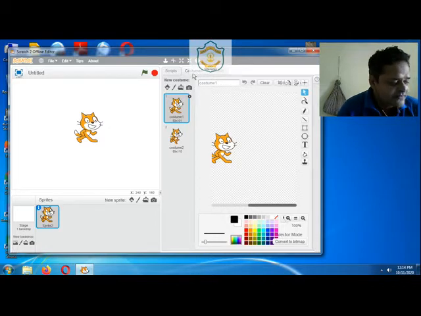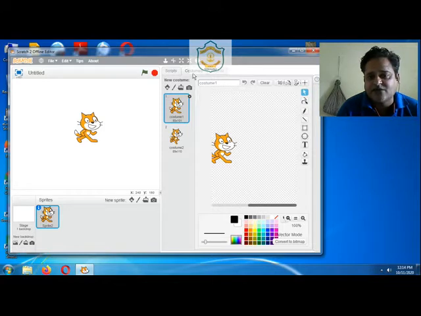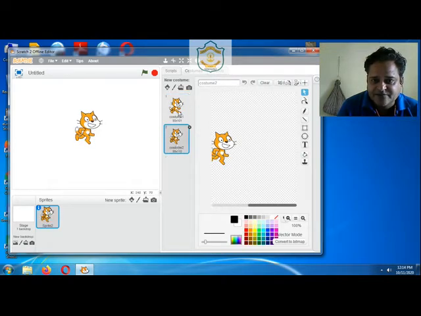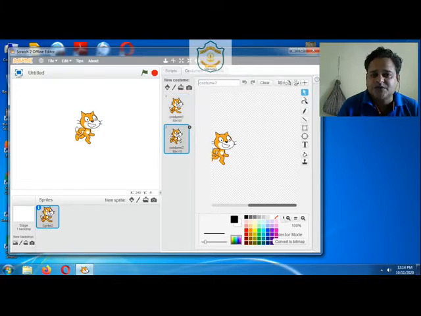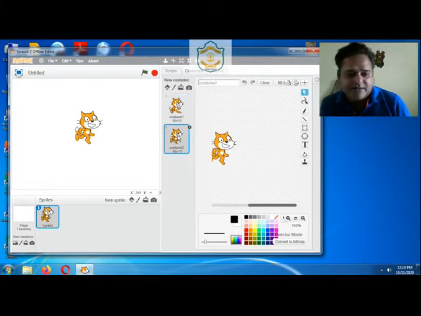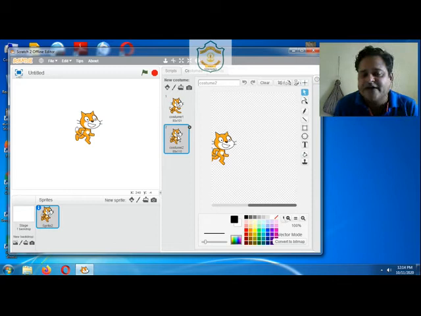From here we can select the costume of our sprite. If you want to use the cat itself, then we have two options. You can notice the change when we select. But if you want to use any other sprite or image as our sprite, we can do that also from these menu options.